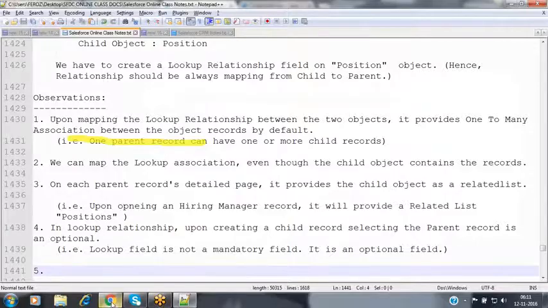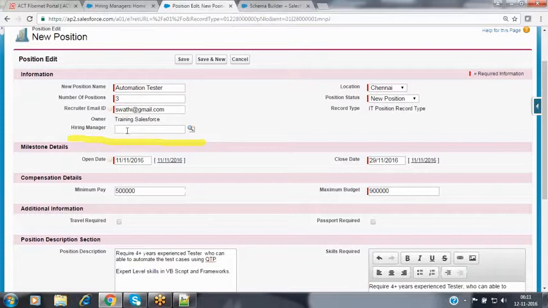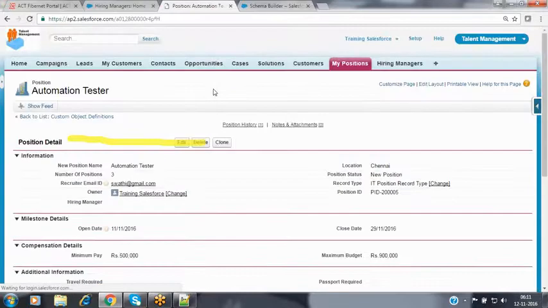Now, let's see this one. So now I am going to be selecting some parent here. Without selecting the parent also, we can save this child. Now let me save this child without selecting the parent here. Now click on Save button. Now my record has been saved successfully without selecting any parent record. This field is empty, we haven't selected any value here. If you did not enter any value, then what will happen? It will be saving that field value as null. If you did not enter any value, then by default this will have the value null.